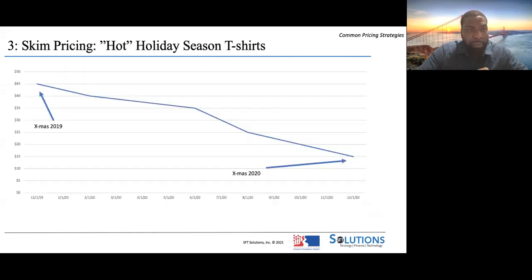And so probably a good example of this would be, I'm going to use the example of a clothing company. You're selling t-shirts around Carnival. And let's say, when the t-shirts first drop, you're going to sell them for a lot, right? Let's say you start out selling them at $45 a shirt. But over the course of the year, everyone's seen the design. It's not as exclusive anymore, but everyone loved it. But over the course of the year, you gradually lower the price until Christmas of the next year, when you are coming out with a whole new design. And at that point, you're just trying to get rid of whatever inventory you have left.